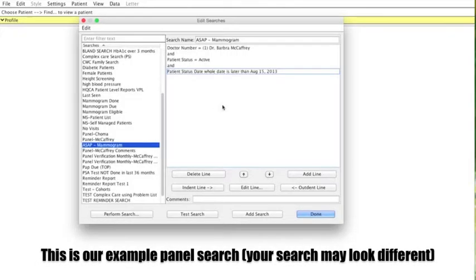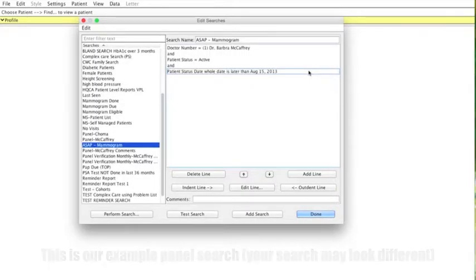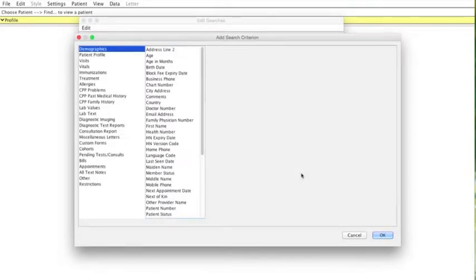So we begin with our basic panel search. So you see here that we have all patients attached to Dr. McCaffrey, their status is active, and their status has been verified within the last 3 years. All right, so to build on that search, we go to Add Line, and first we want to set our